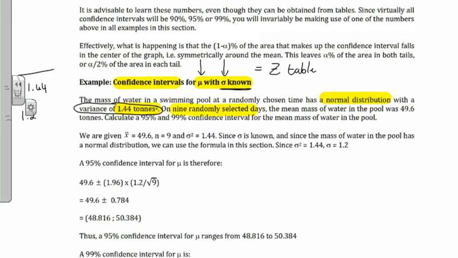My sample size, 9 randomly selected days. The mean mass of the water was 49.6 tons. And then it says calculate the mean mass of water in the pool. You say, but hold on a second, didn't I just calculate that? I used 9 selected days to calculate the mean mass of water in the pool, and I've got an answer already. I've got 49.6. Remember, that was based on a sample of 9 days. What I need to do is say, well, because it's not the whole population, I'm working with a sample,